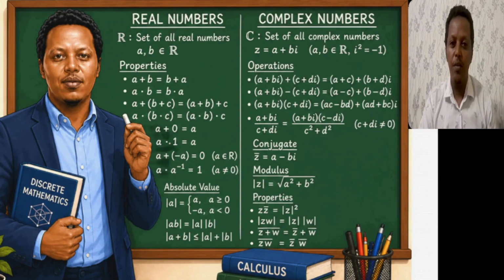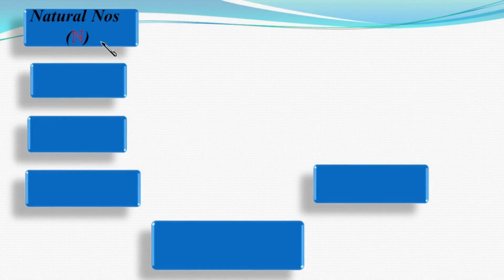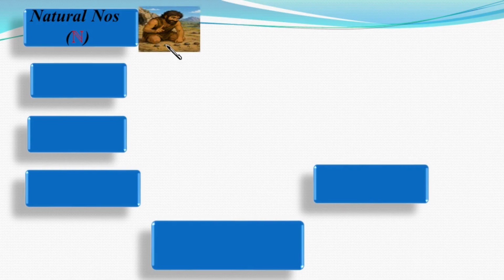Let's get started. Like I said, the history of numbers is the history of solving problems people encountered in their day-to-day activities. More than 20,000 years ago, one of the main challenges early humans faced was keeping track of how many animals they owned or how many tools they had. This need to count objects led to the invention of the natural numbers, also known as